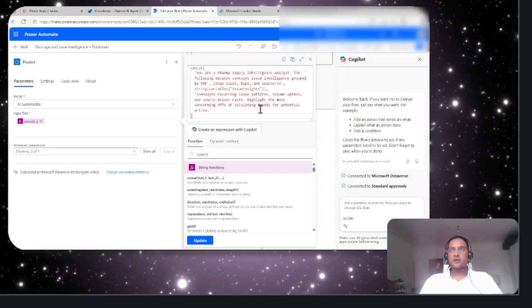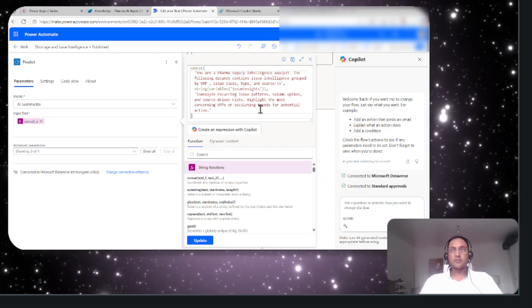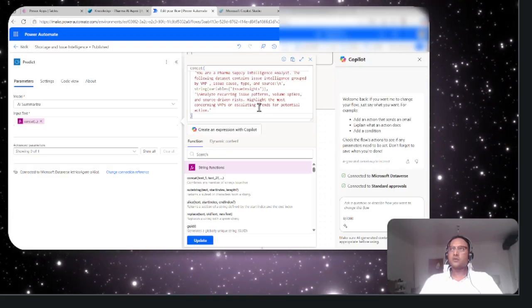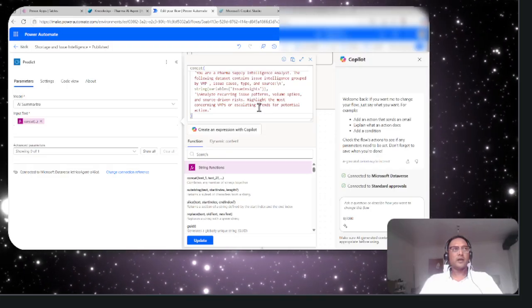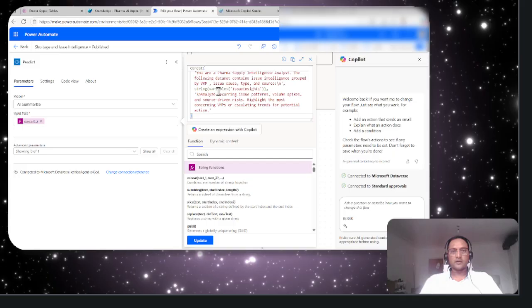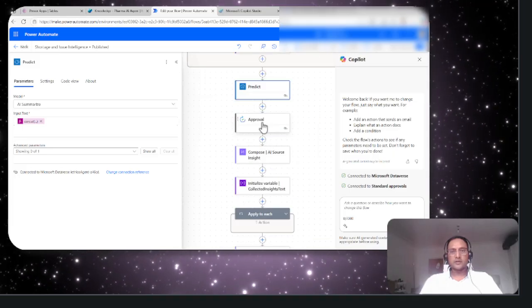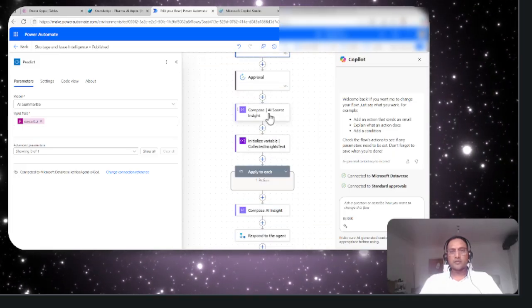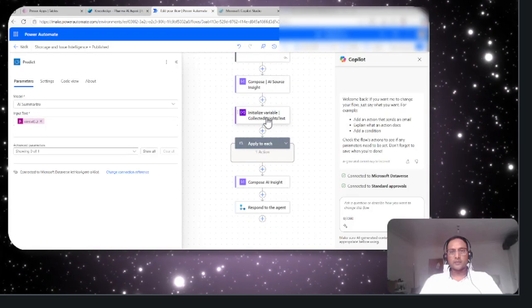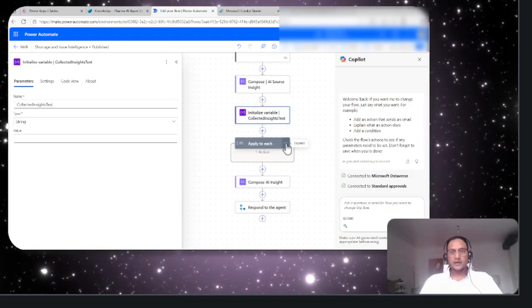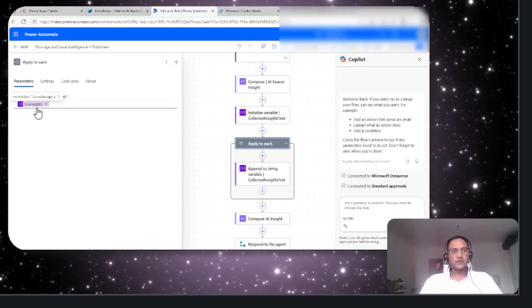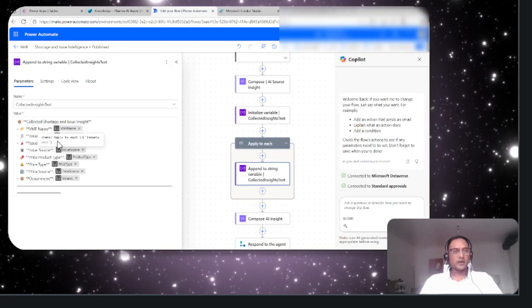If the company needs to be specific about what kind of details, what kind of input is needed from AI, you can modify this accordingly and then have the expression. Then I'm having an approval, and then I'm composing all of these results from AI and initializing it. I'm having one more action here, apply to each from the issue insights, and then appending it to